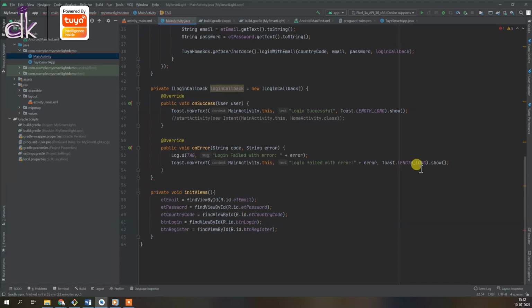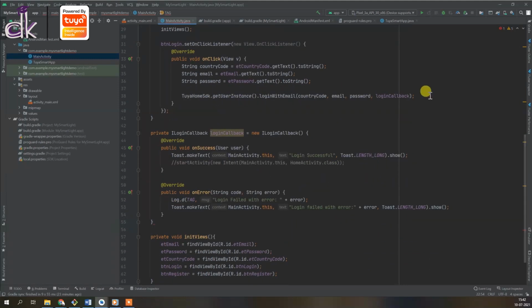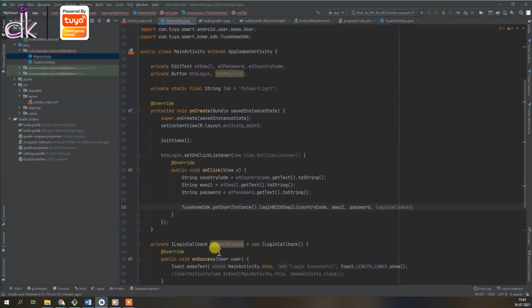All right, so this is how you do it, and you can see here that I have just used one line of code, and I've just taken the input, and then you have successfully validated with the cloud if the user has logged in or not, right? So it's as simple as that, and this is why prototyping becomes so much faster and easier, because the Tuya IoT SDK already offers all of these functions easily to you.